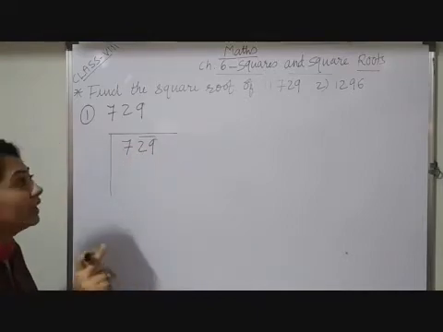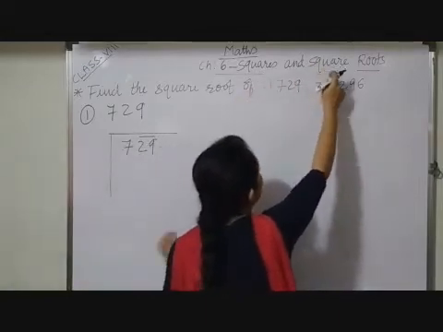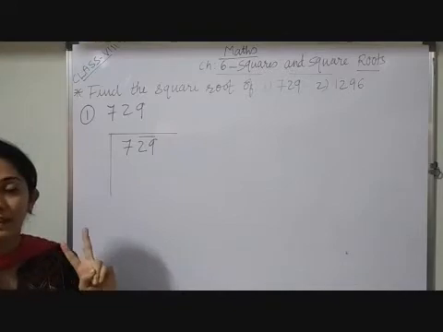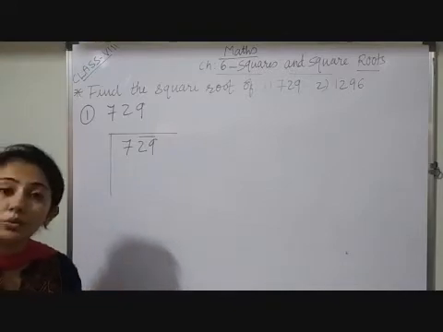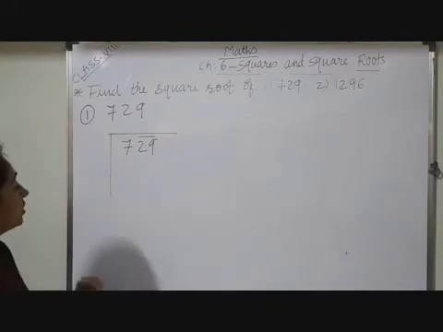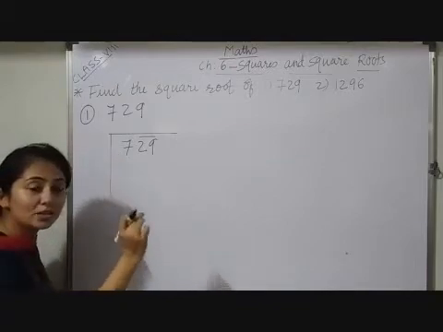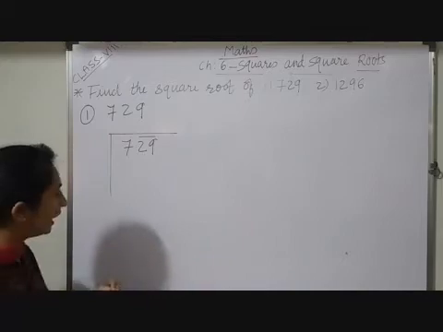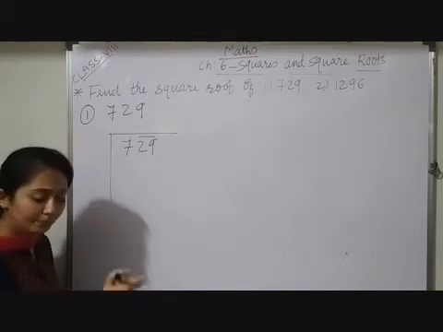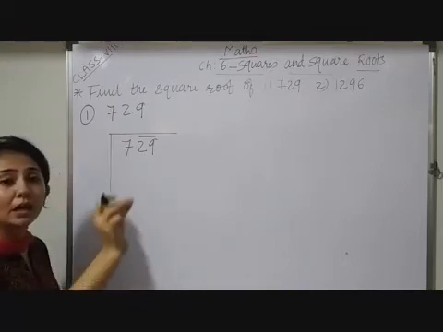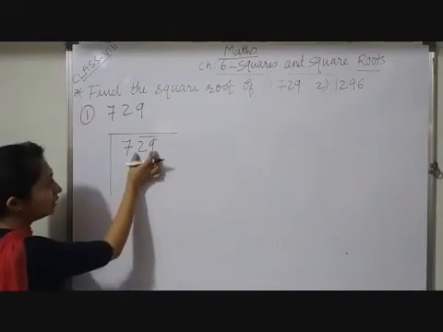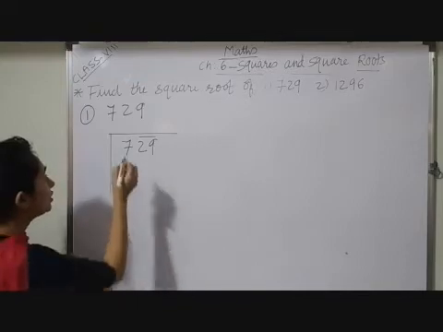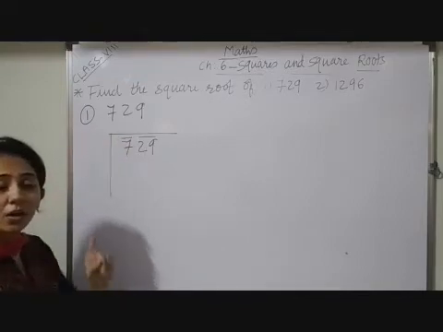Again I am repeating, we are studying squares and square roots. Square means we want a pair of a number, and to obtain the root also we want a pair of a number. So from the ones place, the units place, you have to place a bar over each pair. Now observe, here there is only one digit, so no issue. Place a bar on the one number.